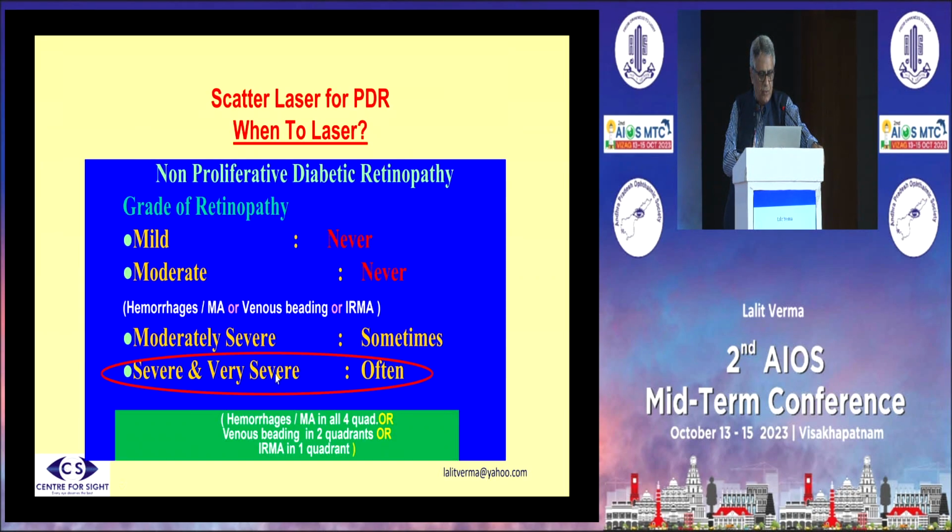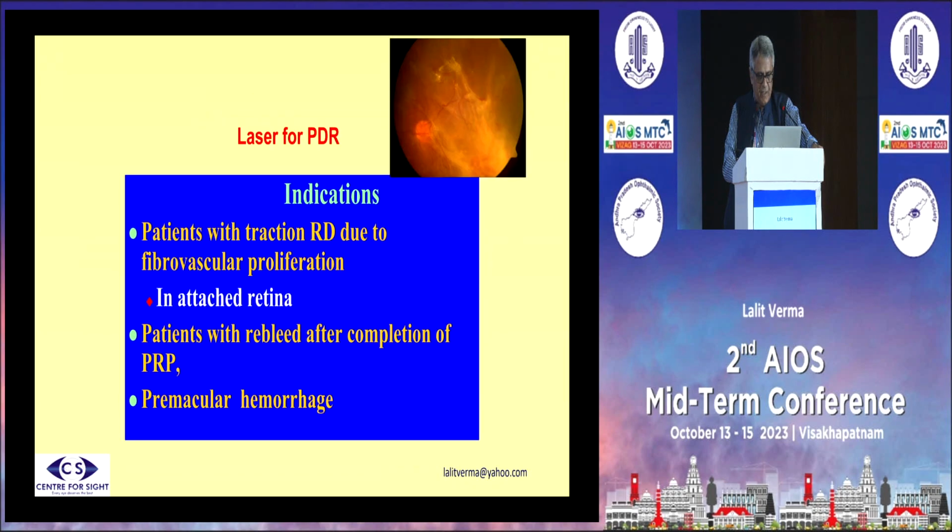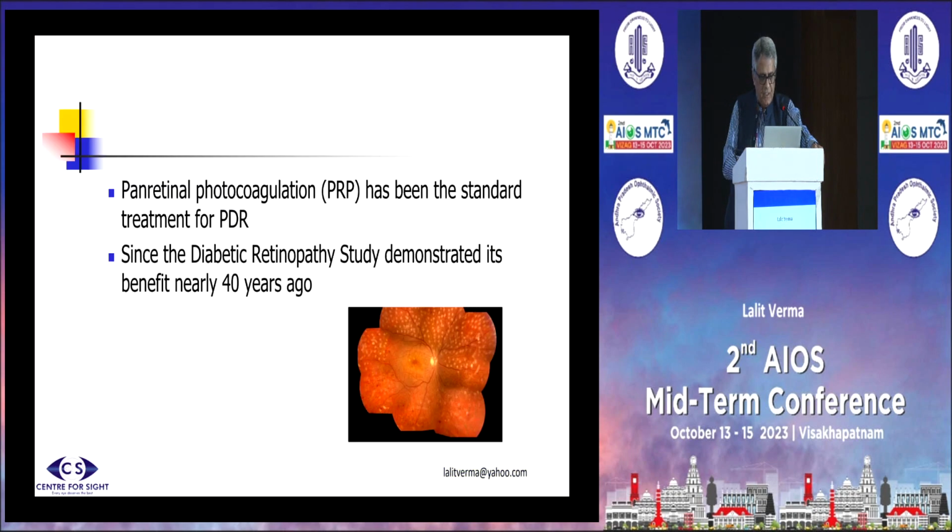Even in patients who have very severe NPDR, that means the 4-to-1 rule or slightly beyond that, in the absence of PDR, we start lasering, because these are the patients who will progress to PDR very fast. Even in patients whom we are subjecting to surgery, wherever it is possible to laser in the interim period we can laser, because lasered eyes during surgery behave much better than the non-lasered eyes.